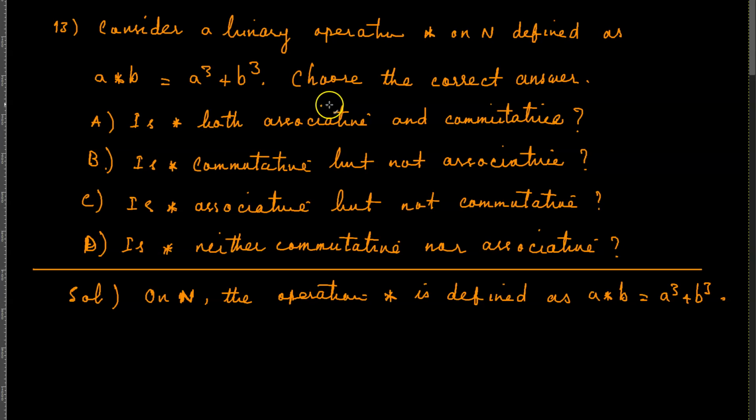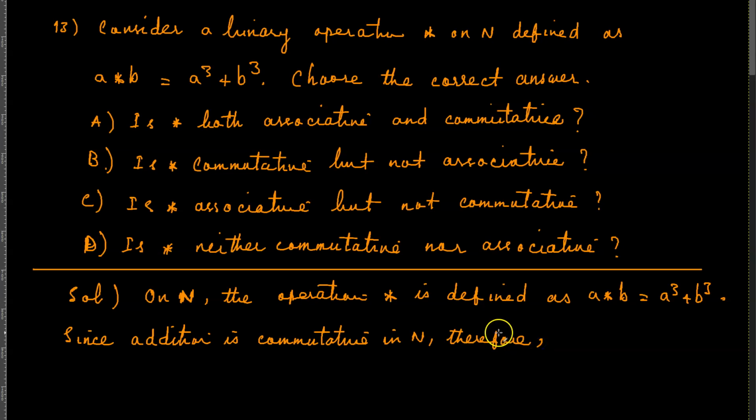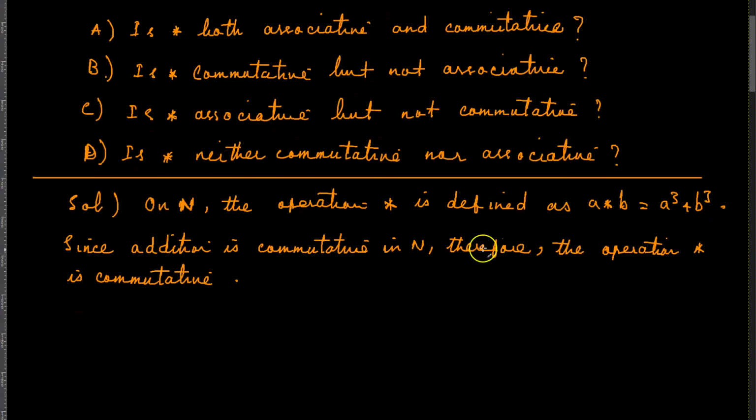Now addition is commutative in N. Well, you can say that since addition is commutative in N, therefore the operation star is commutative. Now it can be observed that